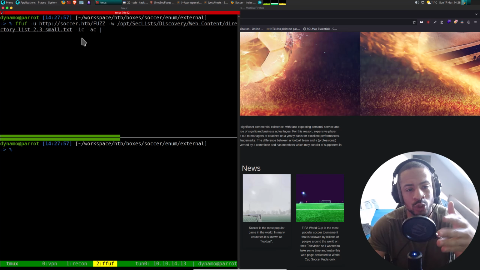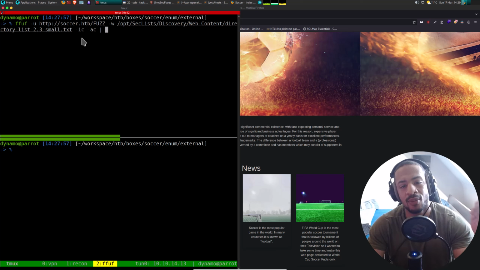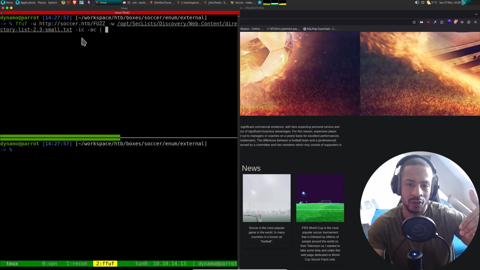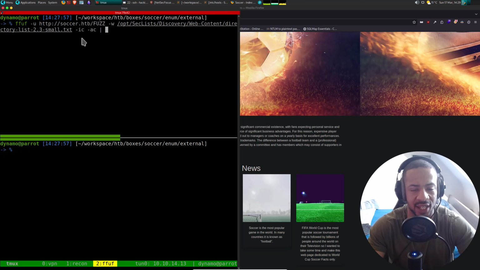-ac is to automatically filter. Do you remember sometimes when you do ffuf, it will have status codes that are all the same, or word sizes that are all the same, and then it will just give you a lot of output? -ac filters that automatically.